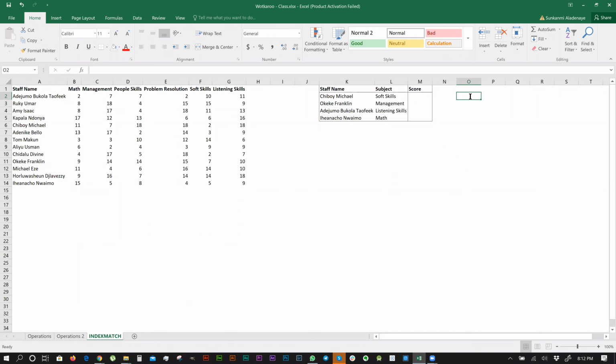I mean, that's what it looks like. So we have this equals to MATCH. I'll show you how MATCH works, then how INDEX works. MATCH shows the position of something in a particular string. So if I say,